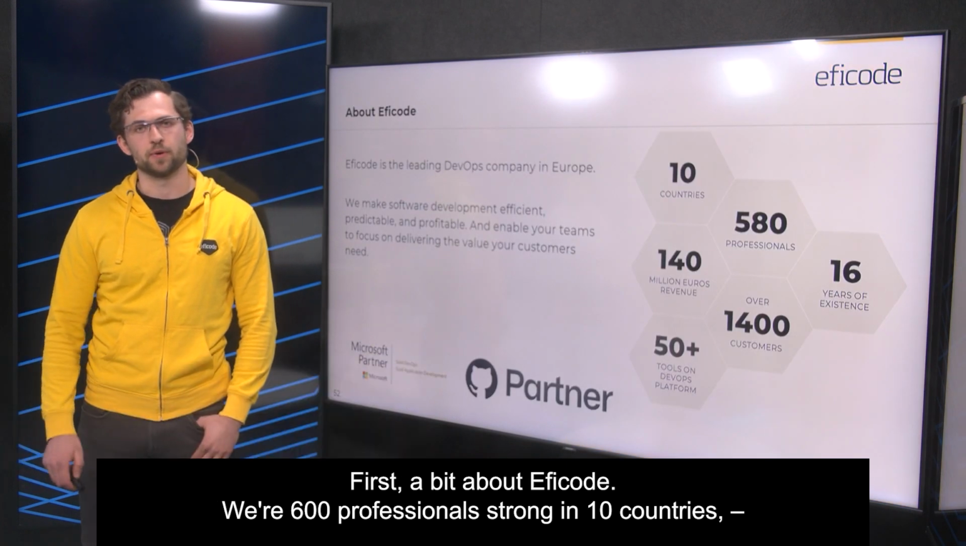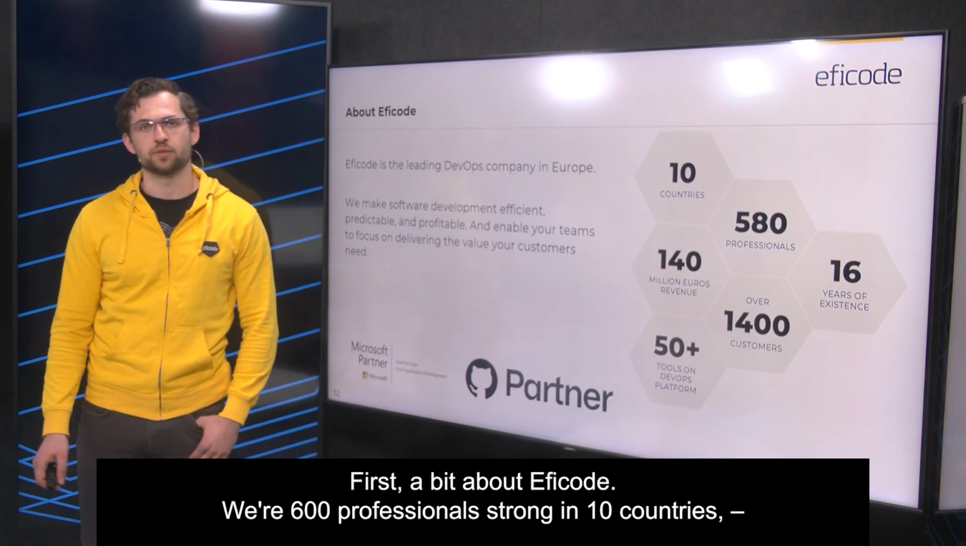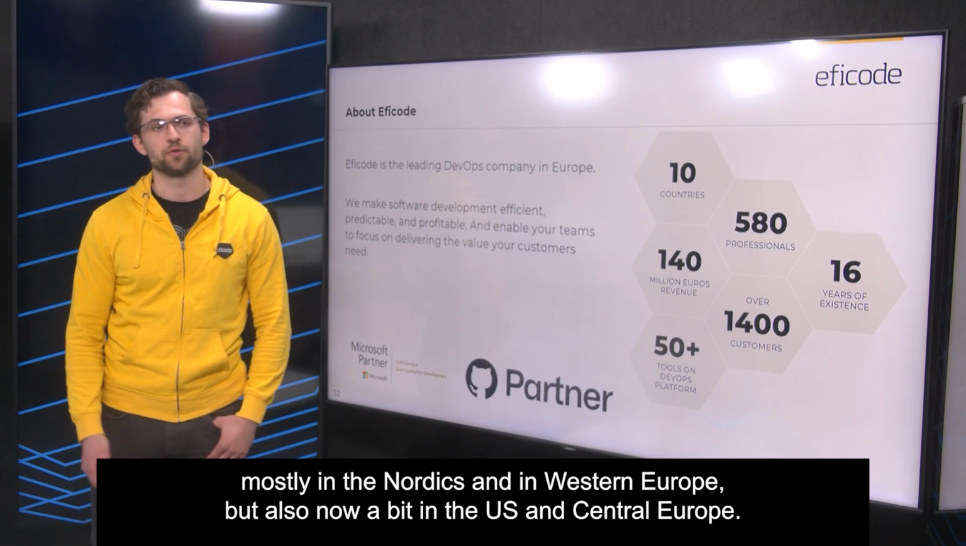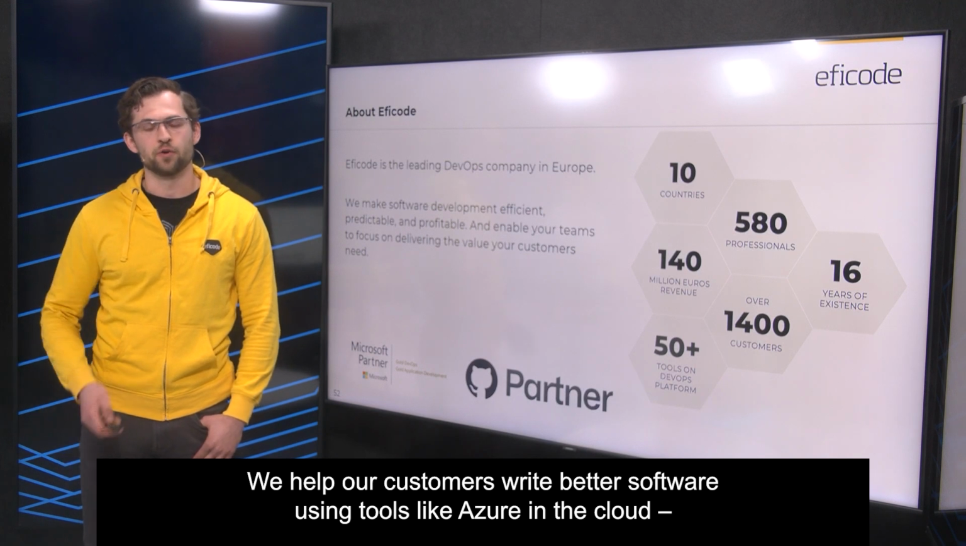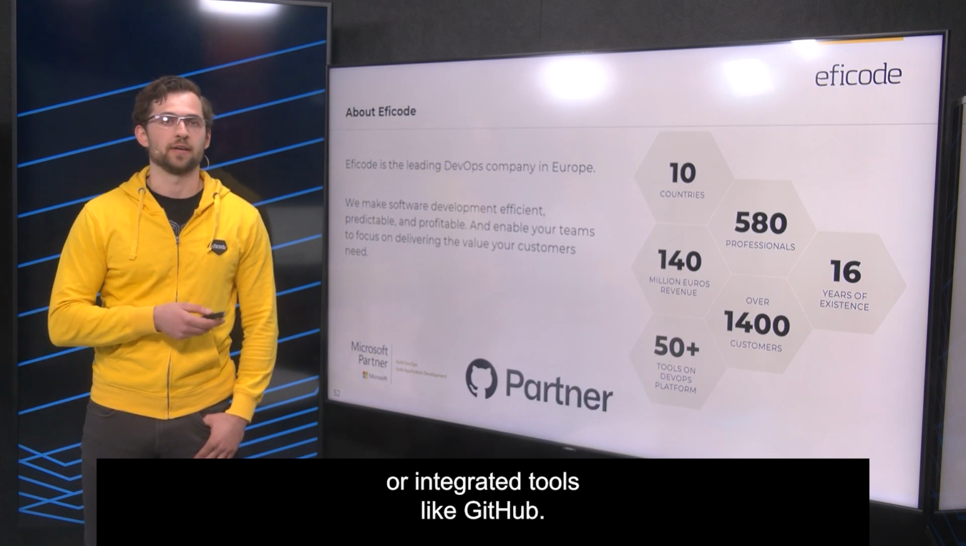First, a bit about Eficode. We're 600 professionals strong in 10 countries, mostly in the Nordics and in Western Europe, but also now a bit in the US and Central Europe. We help our customers write better software using tools like Azure in the cloud or like integrated tool chains like